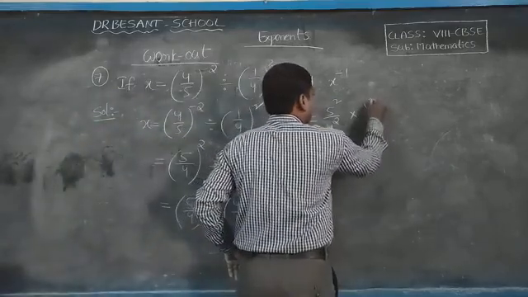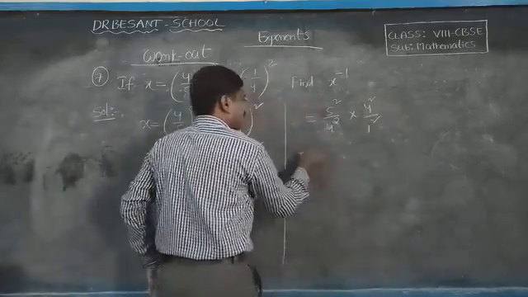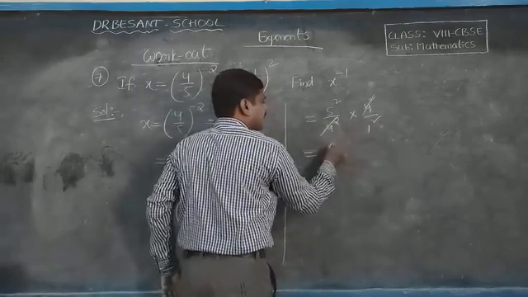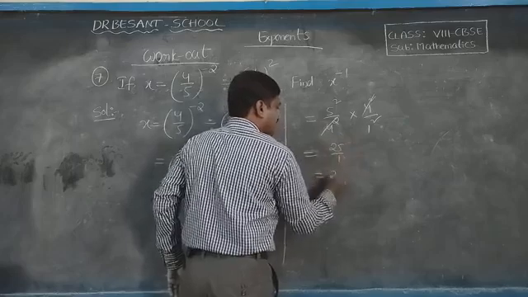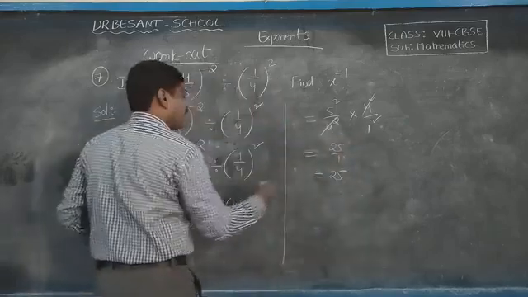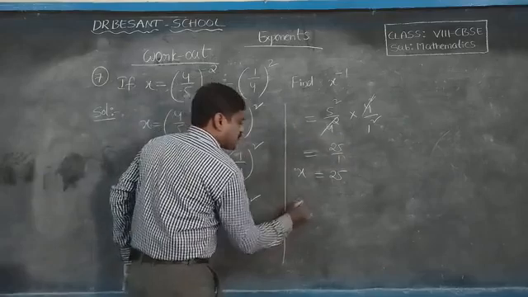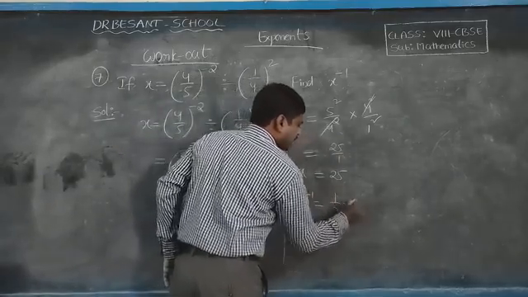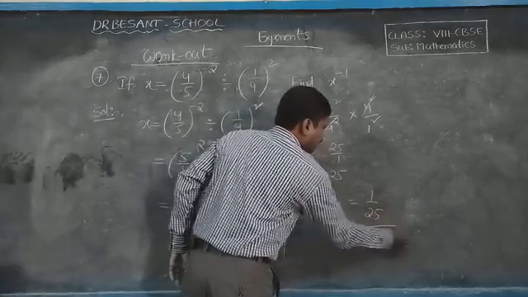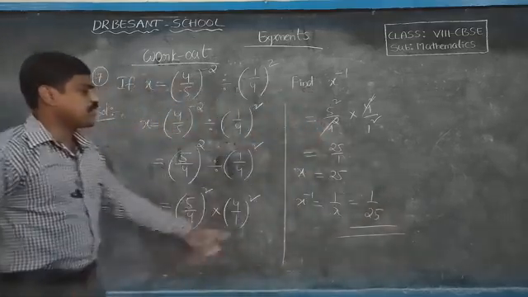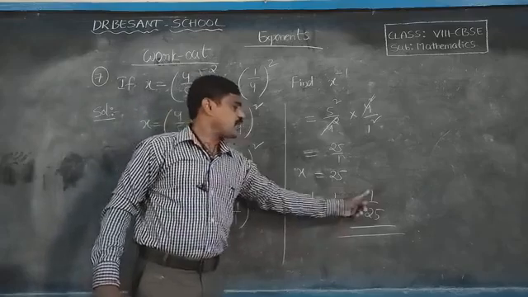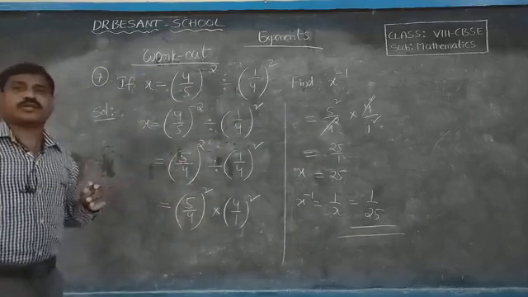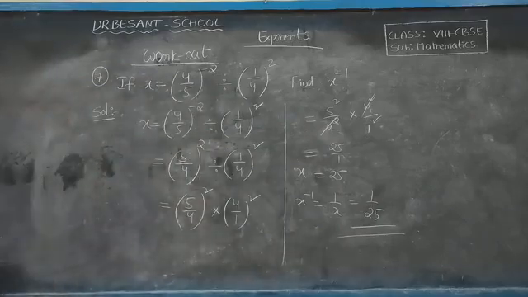So simply we can say that, now 4 square cancel, 5 square by 1 square, that is equal to 25 by 1, so that is equal to 25. So this is the value of x. So x power minus 1 is equal to 1 by x, that is equal to 1 by 25. X power minus 1 is equal to what? 1 by x, that means 1 by 25. So this is the 7th problem solution. Okay children, note down, this is the 7th problem.